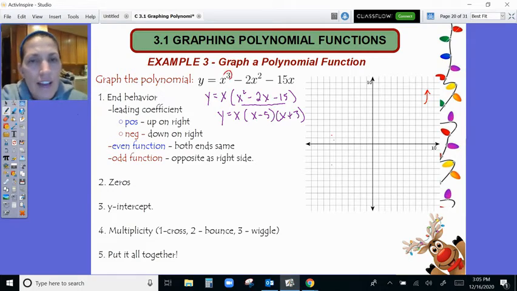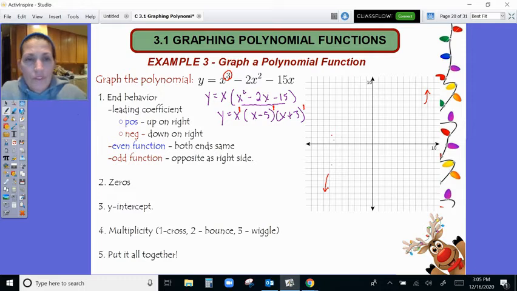Okay, so to find out what that is, we're going to look at my highest power in standard form, or I'm going to look at all my powers of my factors and add them together. 1 plus 1 plus 1 is 3, so it's a power of 3. You need to make sure you know how to do that in both ways. Is my function odd? We look at my highest power in standard form, or I add all my powers together of all my factors, and that's the power of my function. So that's a power of 3, because if I multiply them all out, that's what I get. Okay, so it's an odd function, so that means it's going to be doing the opposite thing on the other